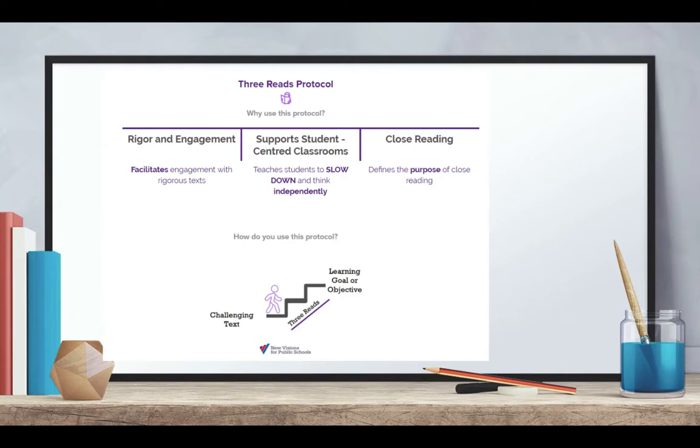New Visions has a lot of 3 reads protocol samples for content that's not math. And in my own experience presenting this to my math department, they loved it. The whole school actually loved it and kind of took off. But you're providing students this pathway towards the learning goal and objective, right? You're facilitating engagement with these rigorous problems in text. You really are teaching students to slow down and think independently,